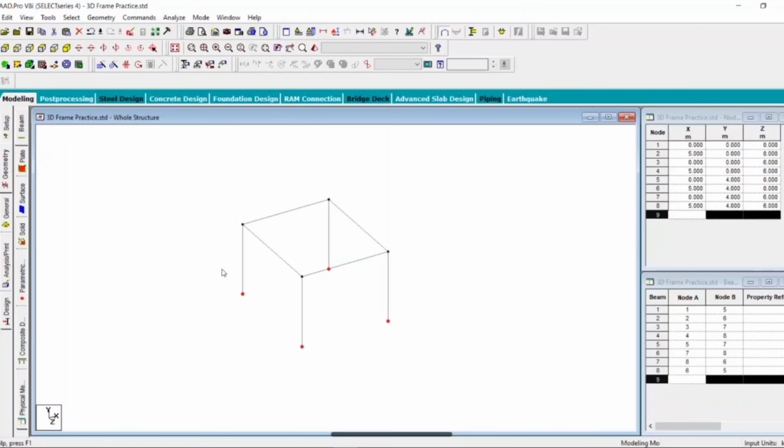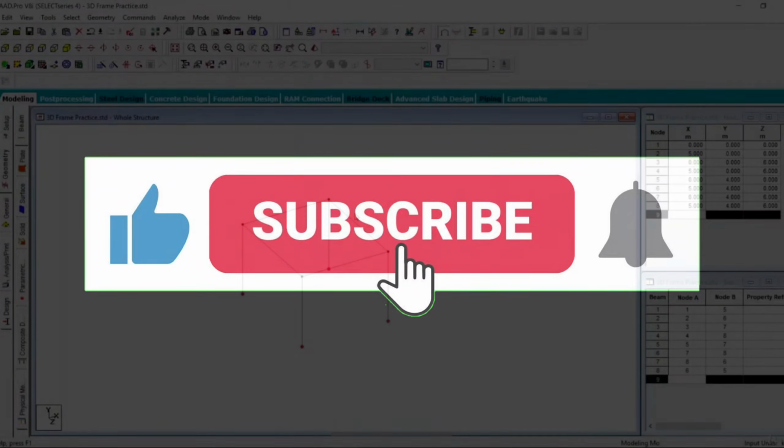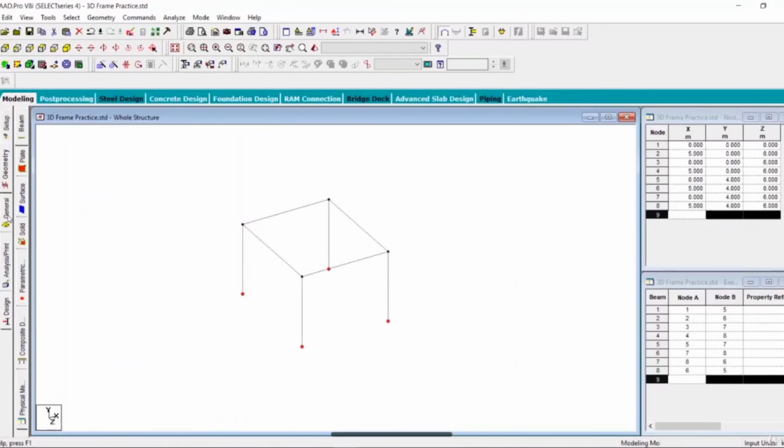Let me tell you that there are different other methods by which you could have drawn this frame. This is not the only method. You have to keep on practicing, and once we do the building, you will know most of the methods, and you have to keep on practicing so that you can find your own method which you feel is the easiest one. Now moving on, let us go to the General tab